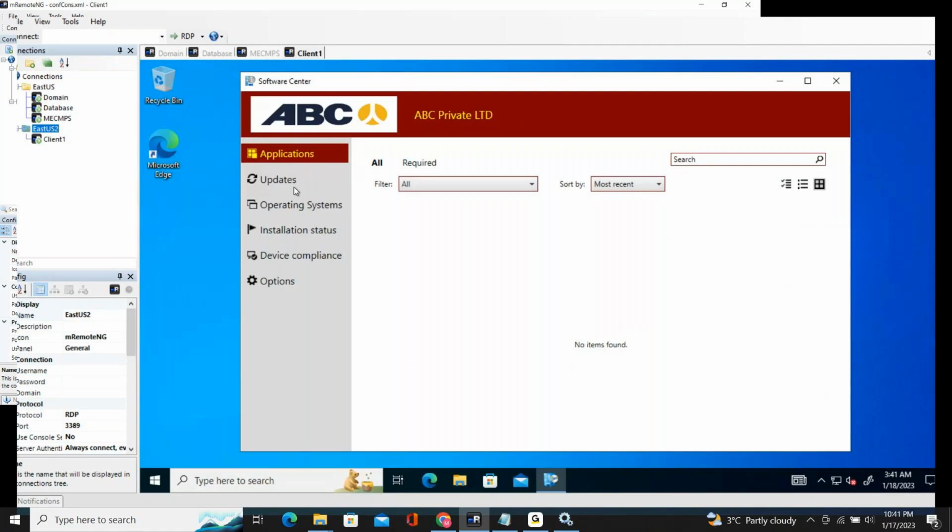Wow, you see it came in. Everyone clear? Yes. So that is how, if you are in New York, you make the application available to the users in Mumbai. No matter wherever you are, no matter where the users are, you can make the application available to them